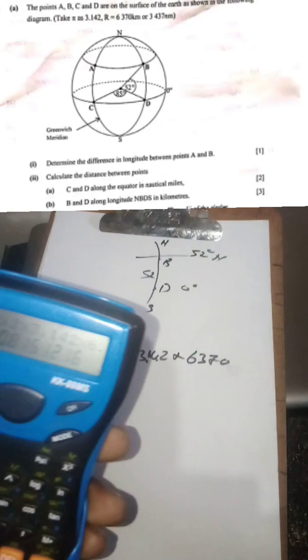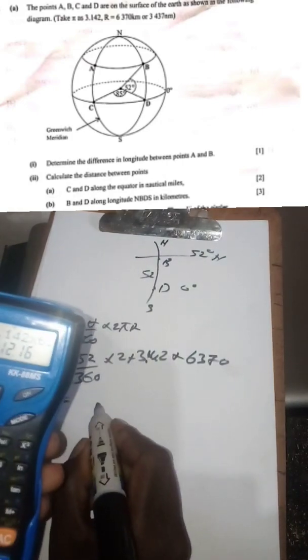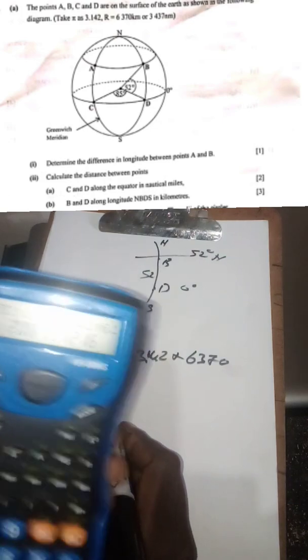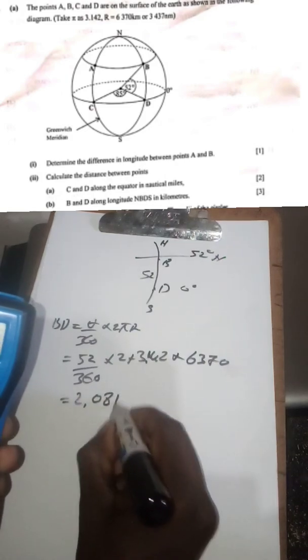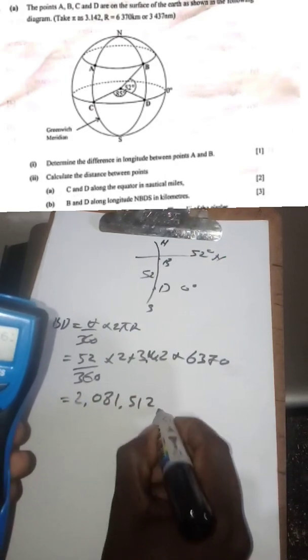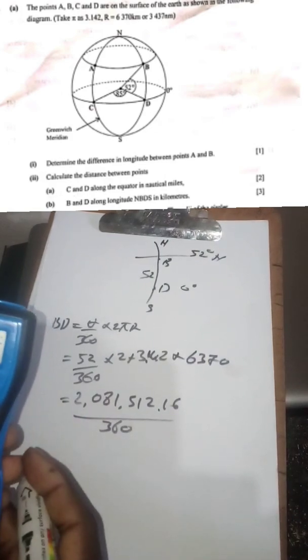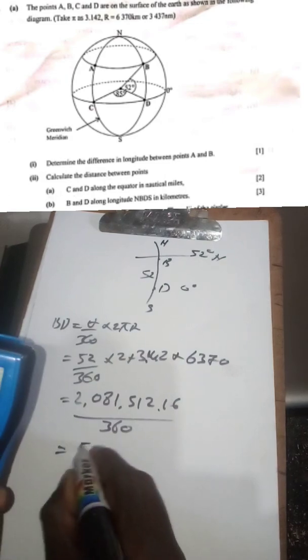Okay, I'm getting 2,081,512.16. So you say 2,081,512.16 divided by 360. Divide by 360. What you're going to get is